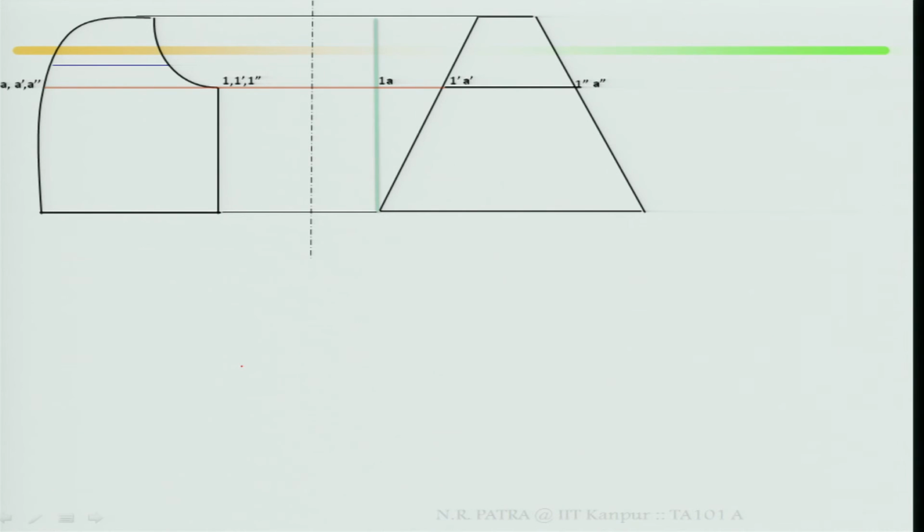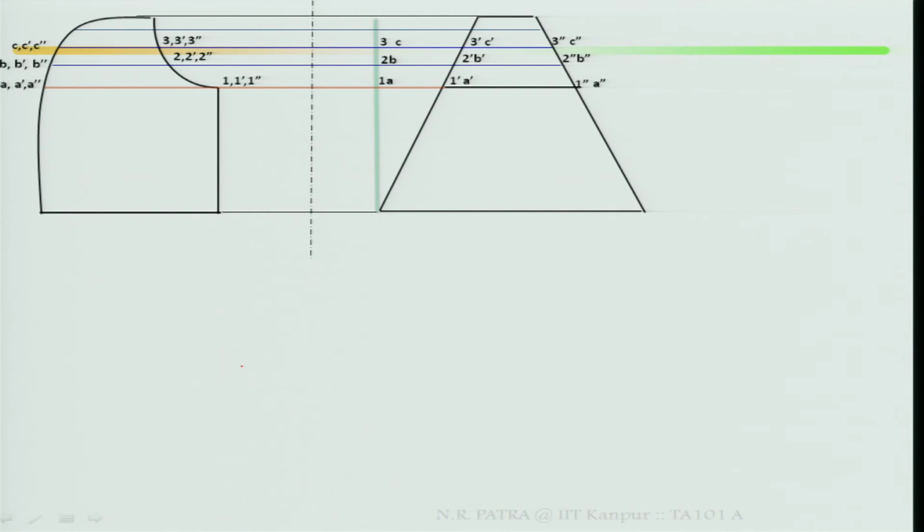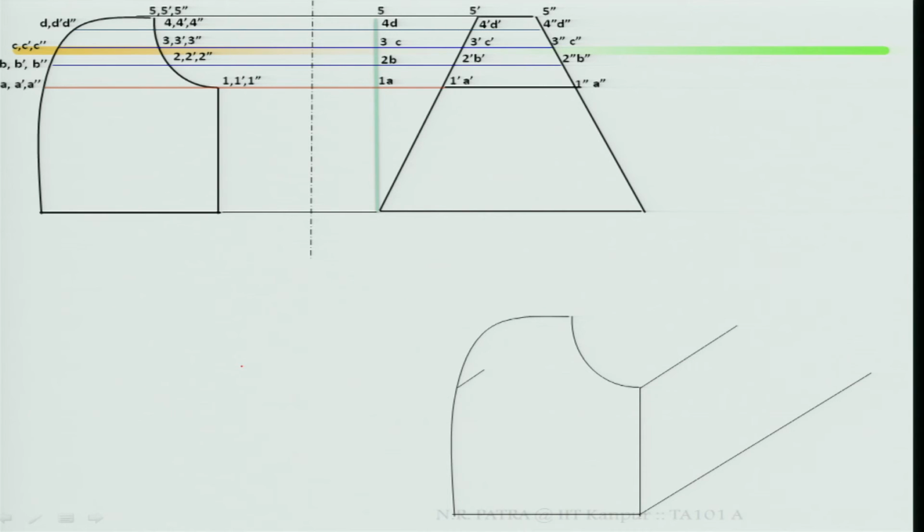Take respective points in your oblique surface, take sections A prime, A double prime, 1, 1 prime, 1 double prime, finish it up here, similarly B and 2, similarly C and 3, similarly D and 4, mark the points. Then draw this oblique projection, oblique view, because if this is your front view, that means this part is in your true shape. So, you can very easily draw it, taking respective points here, you can measure the coordinates, because this is your oblique surface,